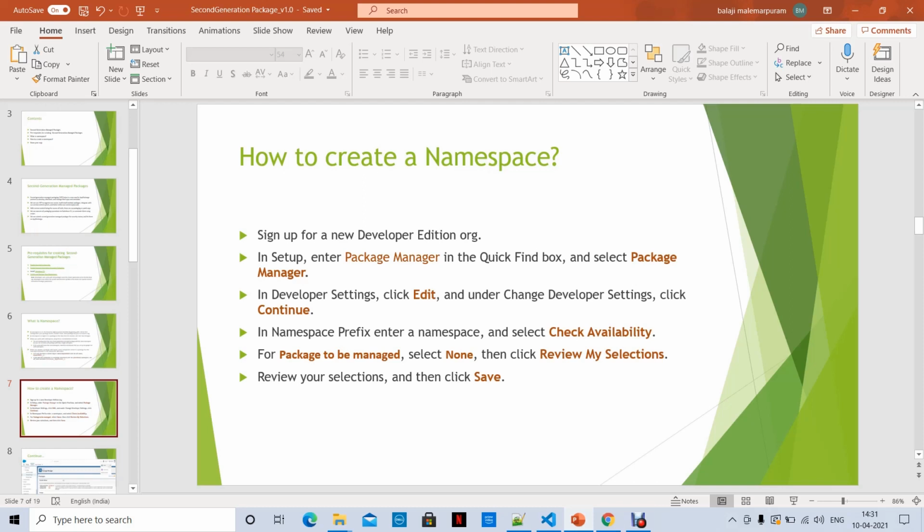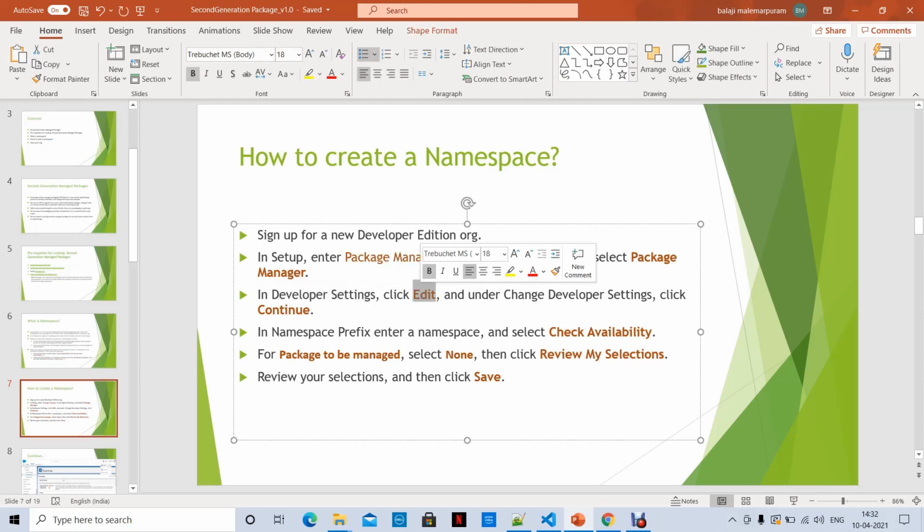It is free. Then you go to Setup and click on Package Manager, and from Package Manager you go to Developer Settings, click on Edit and click Continue. I'll show you everything practically, don't worry.